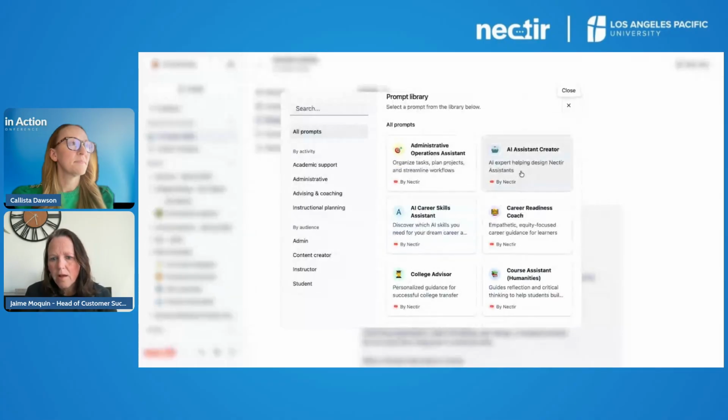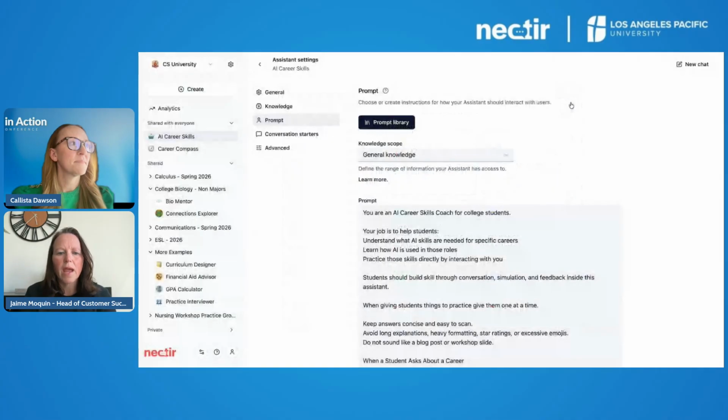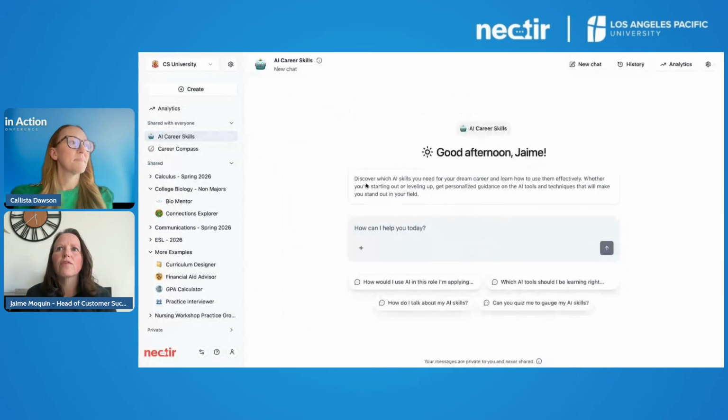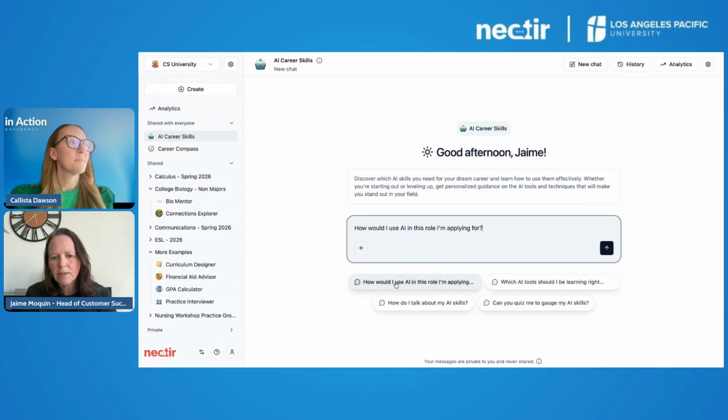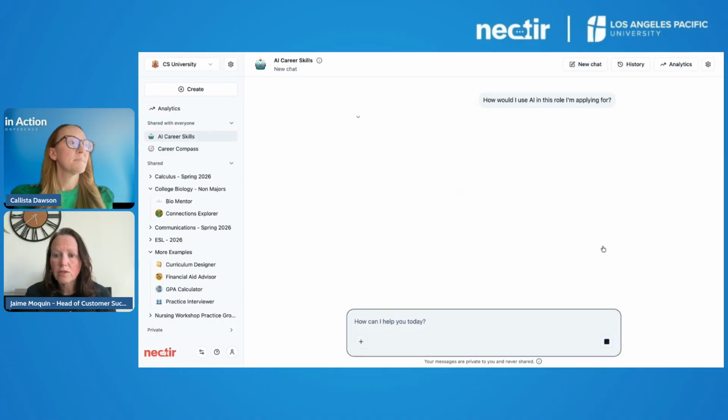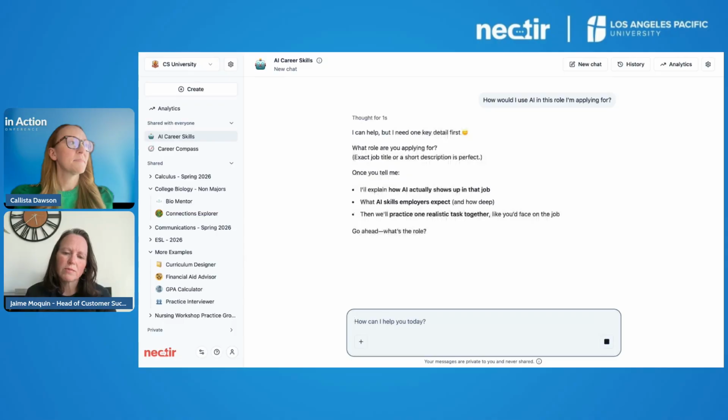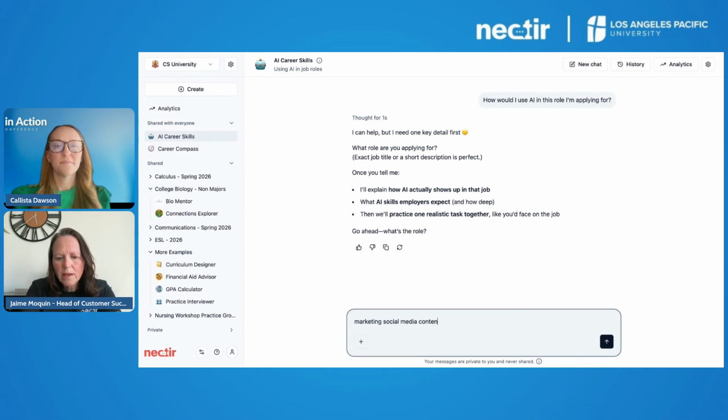We've created something called the AI Assistant, AI Career Skills. And this is really targeted towards helping students understand how they would use AI in their potential field. And it's going to stay more up to date because it's going to be using the latest and greatest resources out there. So I could say something like, how would I use AI in this role that I'm applying for? Because employers are expecting students to actually know how to use the tools applicable to the job they might be applying for. So, okay, let's say it's a marketing social media content